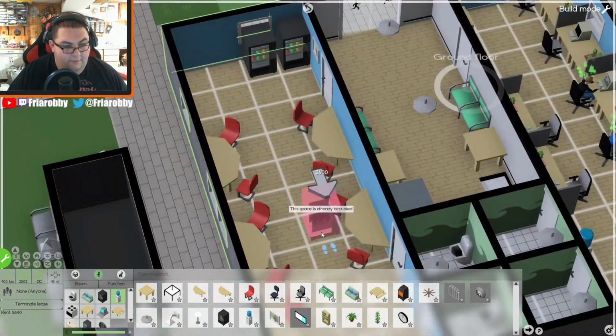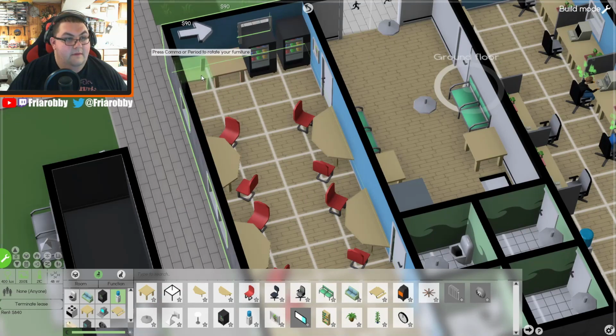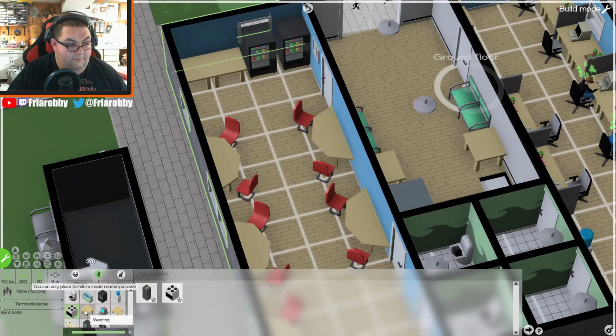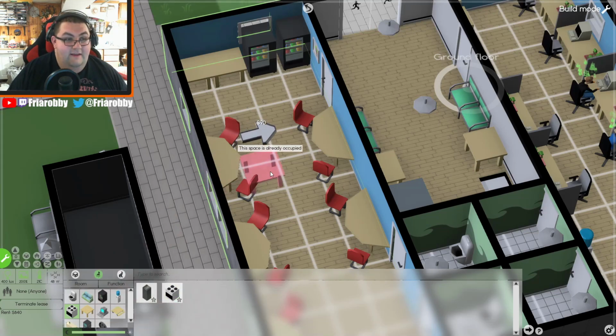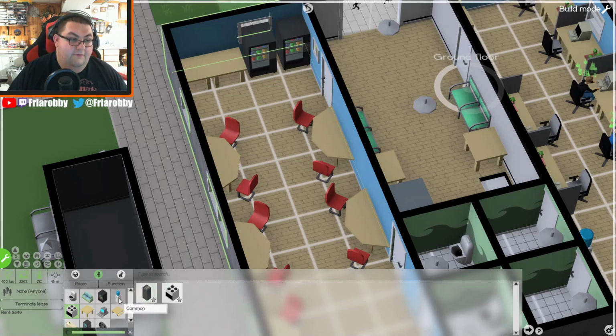And also wanted to put a couple tables in here. And then put in, we don't want to go with this yet. Once you get a big enough company, you actually can hire a chef, and he cooks food for your people, or multiple chefs. That's kind of neat, but it's a little expensive for right now. So I do want to get this going, but I do wanted to put